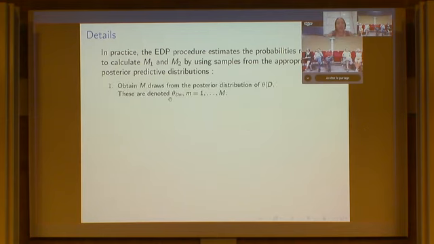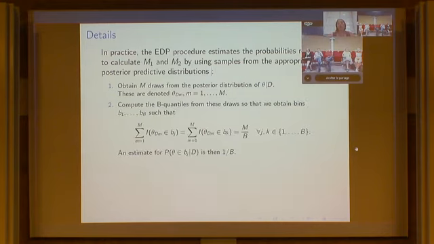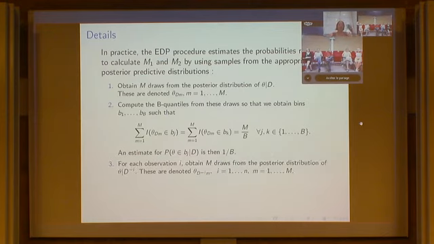And so in practice, what you do is you'll estimate M1 and M2 from sample draws. And so you start by getting draws from the actual posterior distribution for theta given the real data you have. And then you compute quantiles from these in such a way that you get intervals with the same probabilities. And then the probability of theta in these intervals is 1 over B, the number of bins, and then you remove each observation i from your true data set, and then you resample from the posterior given D minus i,